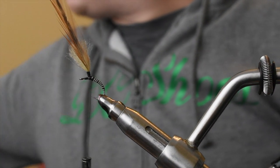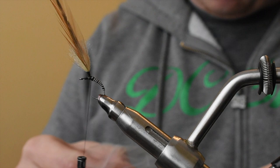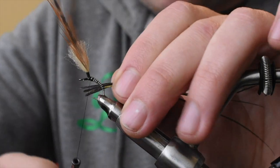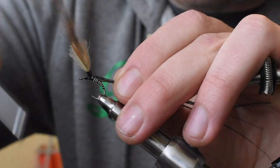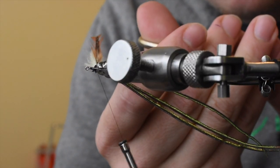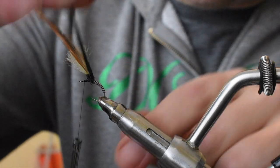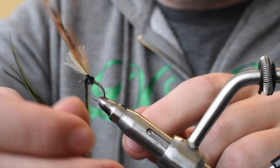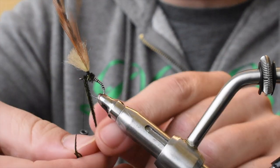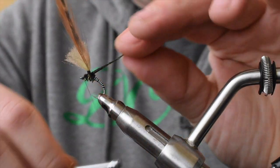Then let's find them. Peacock herls. Just grab maybe a couple, and I've got 3 here, just enough to make a decent thorax on the fly. Just going to cut that rogue one out there. Then you work your thread forward, and you'll stop it just behind the eye. And you start to wrap. I like to alternate a little bit either side of that post. And then once you're happy with the coverage, so you've just got a ball of peacock herl there,